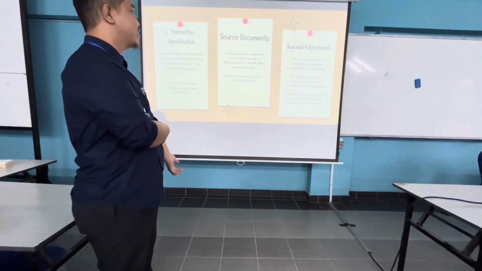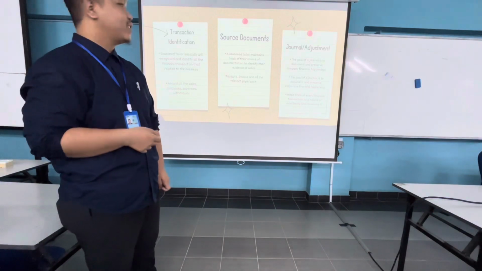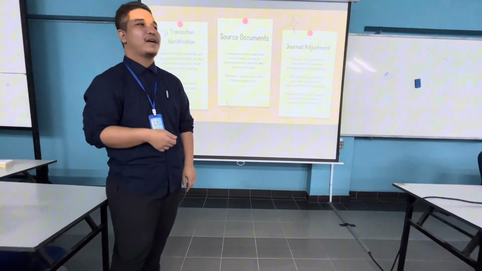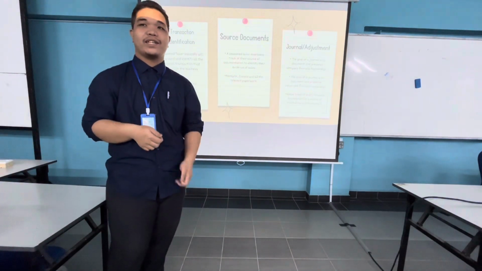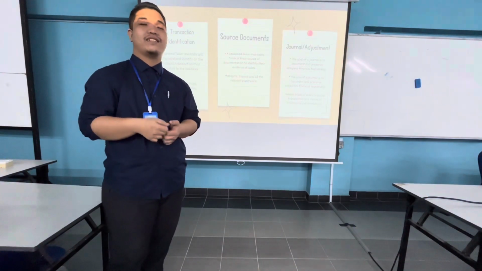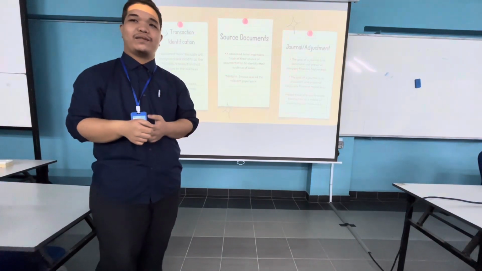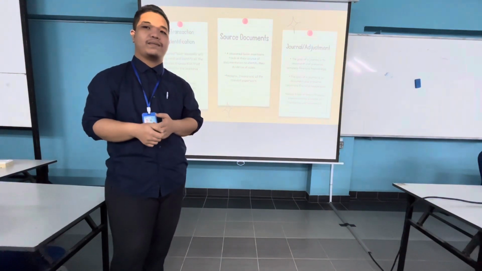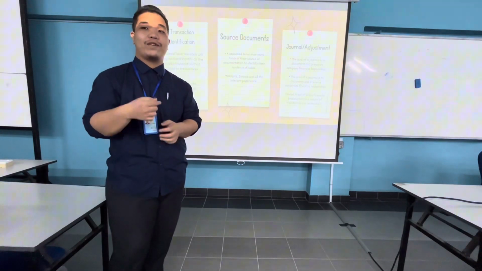Okay, now let's move to the source documents. The season tailor keeps track of the source documents to identify the evidence of sales, for example receipts, invoices, and all the relevant paperwork. So here, for the sales invoice and receipts, season tailor will record the sales transactions for finished garments, alterations, or other tailoring services provided to customers. And the second one is the bank statement.